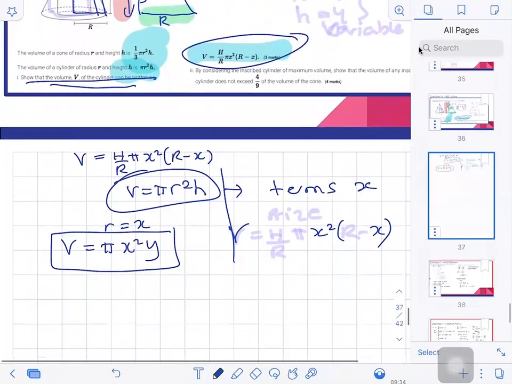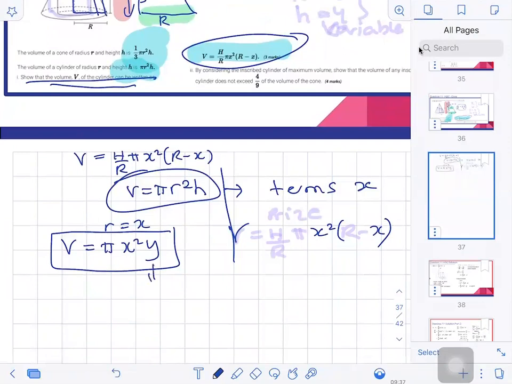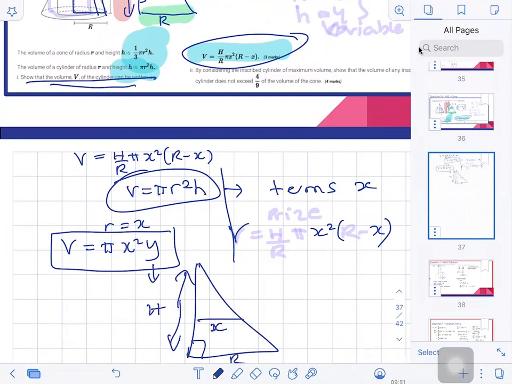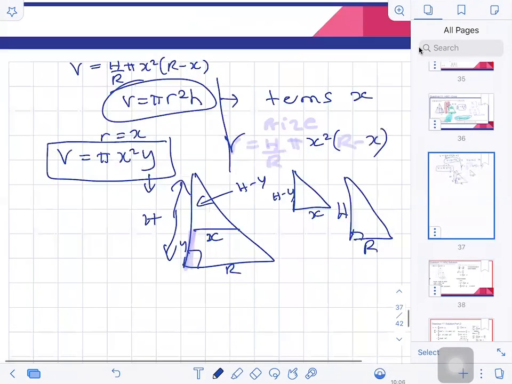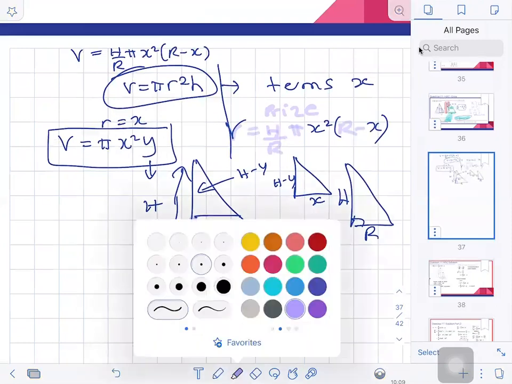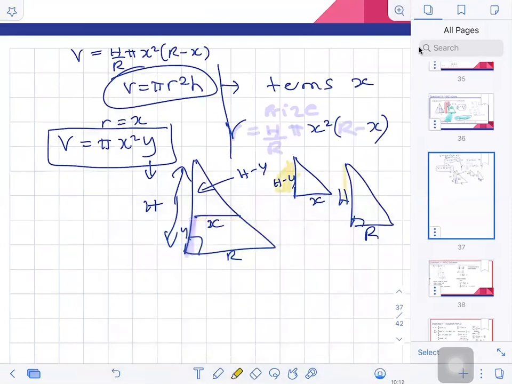Okay, now we need to get it all in terms of x, so we need to get rid of the y. So if we go back up to what we did before, we had big H is the big one. This is big R. This is little x, and y is this little piece here. Okay, so we need that one there to match it because we need x, that one would be H minus y. And if you look at the big one, it's big H, big R. So the relationship here would be H minus y on H